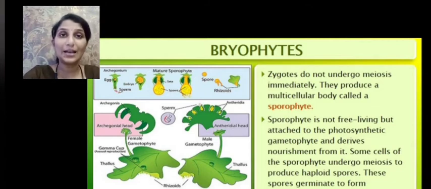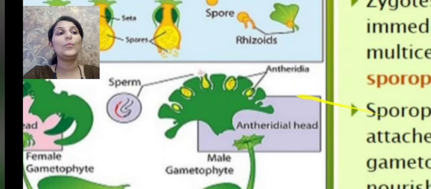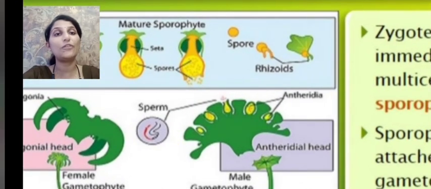So it is diploid in nature, and it is not free living. We can see it is getting attached. This is a mature sporophyte which is attached to the photosynthetic gametophyte and derives nutrition from the photosynthetic gametophyte, which is haploid in nature. And within these we can see some cells of the sporophyte,